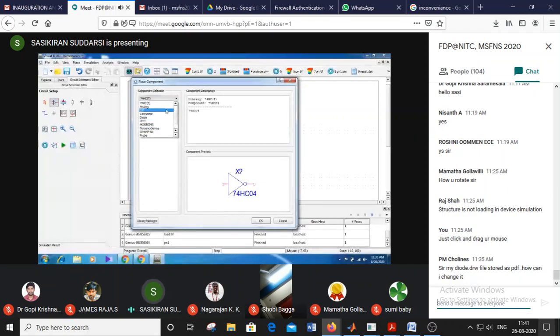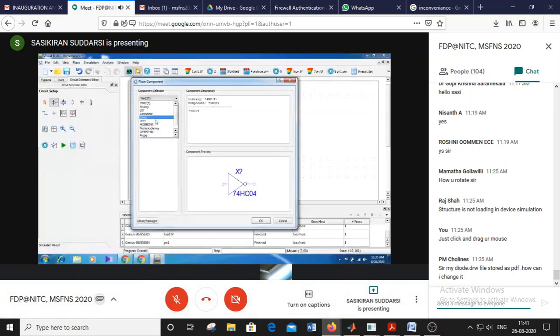Here one option is there. All the default available components are here. 74HC is a high-speed CMOS.